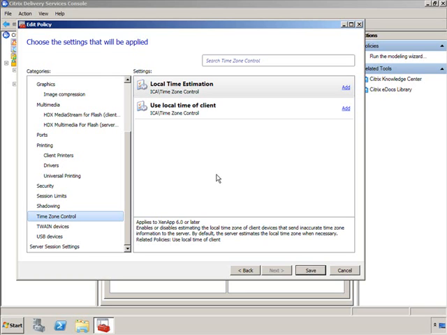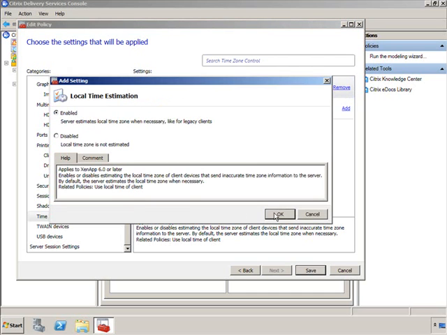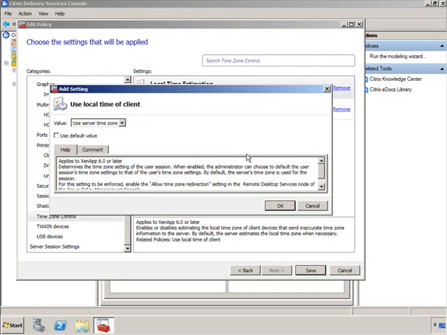Now, you don't necessarily want to do this, sometimes because of applications, sometimes because of logging, it's going to log the wrong time and you won't know when that change was made, etc. So what you want to do is enable local time estimation, which allows that framework of enabling the time based on the user's device. So if the user is connecting from a PC, a laptop, a thin client, whatever the device where the session is being initiated from, you want to grab that local time and pass it through the session. So instead of using server time zone, you want to use the client time zone,